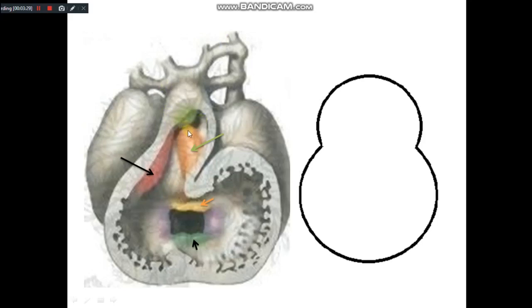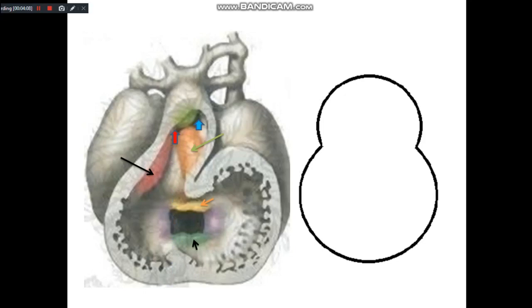Due to this formation of the spiral septum, the truncus arteriosus divides into the aorta and the pulmonary trunk, as a result of which the aorta arises from the left ventricle and the pulmonary trunk arises from the right ventricle. Otherwise, if the septum formation in this area is straight, there will be transposition of the great vessels. The pulmonary trunk in that case would arise from the left ventricle, and the aorta would arise from the right ventricle. So this blue area indicates the opening into the pulmonary trunk, and the red area indicates the opening into the